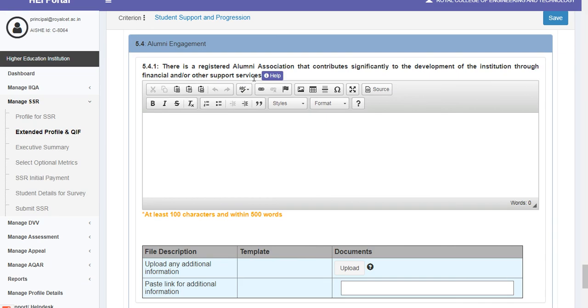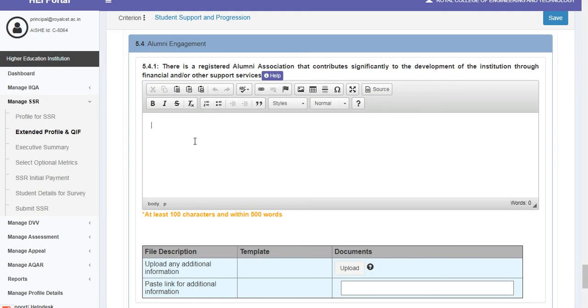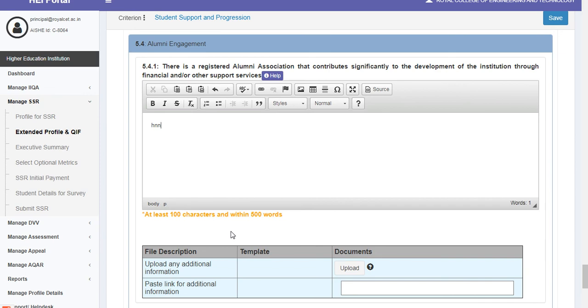Once you click on help button, you can see you have to describe contribution of alumni association to the institution within a maximum of 500 words. So you can type the data directly or copy paste it by clicking here on paste, and then paste the content required by clicking on Ctrl V and then click OK.